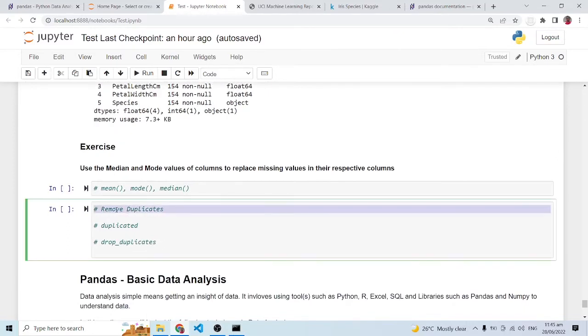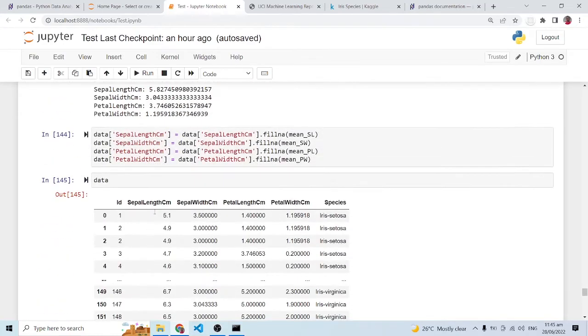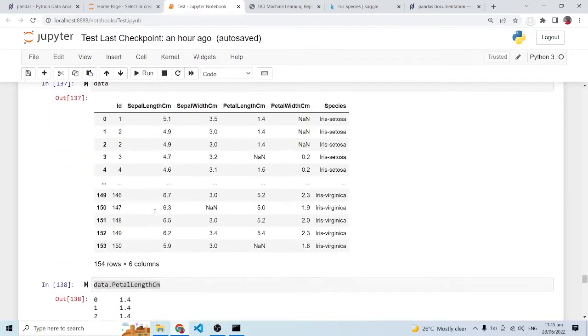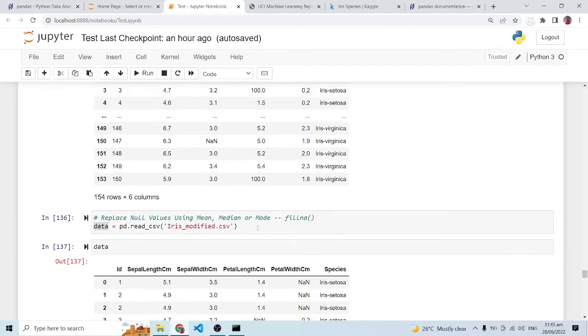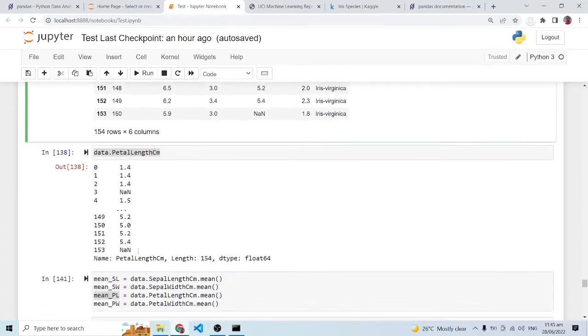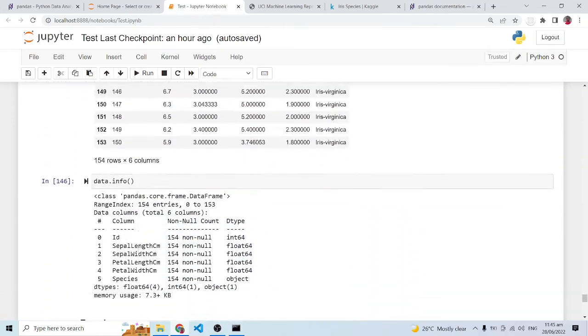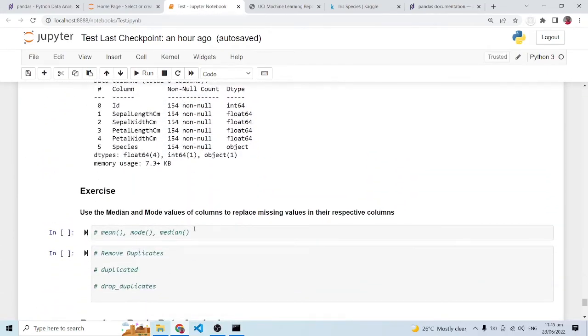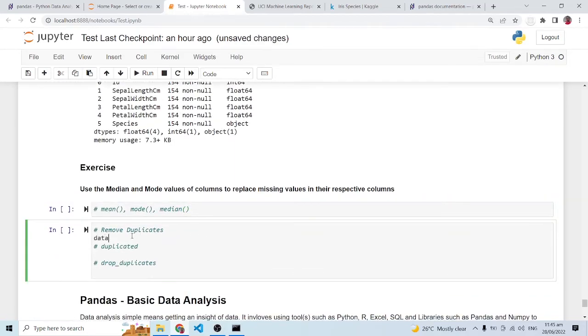Now let's look at how we can remove duplicates, because in this particular data set, trust me, there are some duplicates in here. And let me just come back to the very top over here, and let's bring this, because I want us to have the original data sets and work with duplicates. I think we can still work with duplicates over here. So let me just call data,